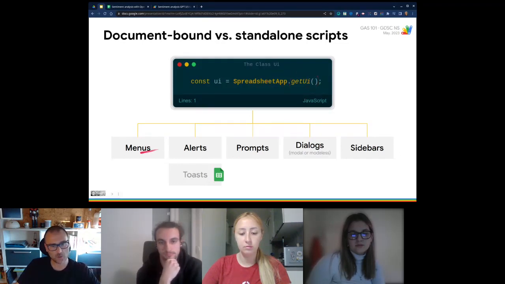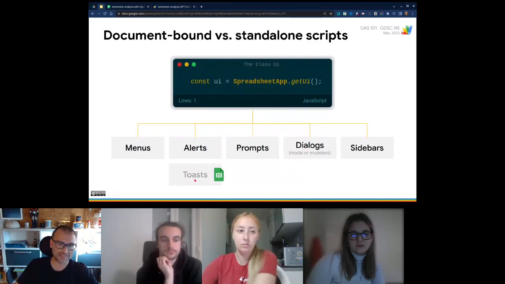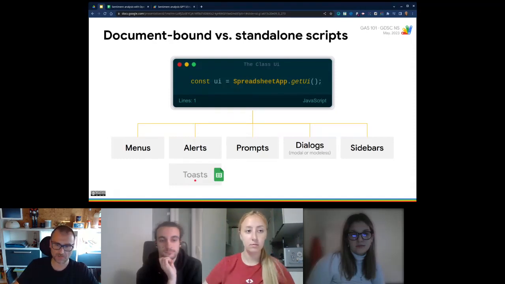By using this, you can create menus, alerts, prompts, dialogues, and sidebars inside your documents, right? And if you are using Sheets, you can also create toasts. That's something limited to Google Sheets, to spreadsheets.